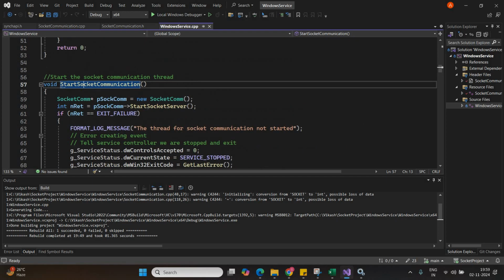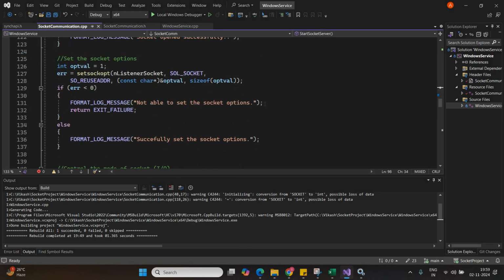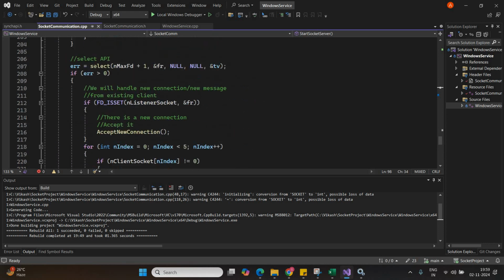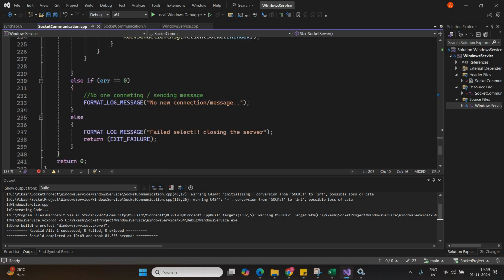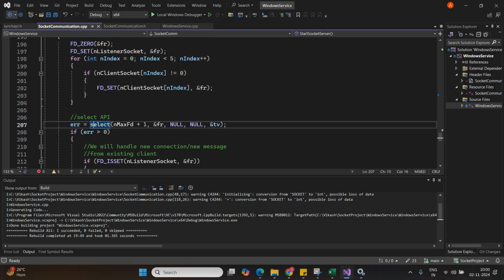And inside this thread, we saw that once we call the start socket server function, then this function was failing at this point when it was calling the select. While calling the select, it was getting -1, and that is why this message was coming. And it was giving exit failure. And once we received this exit failure message here